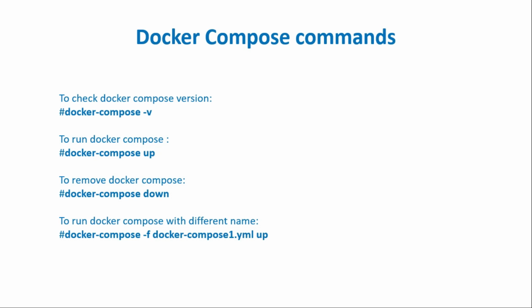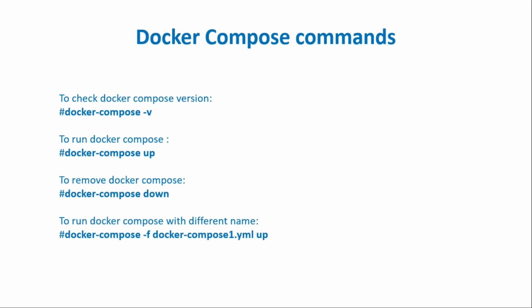How can we do that? We need to run docker-compose -f docker-compose.1.yml up. Here we need to put your Docker Compose file name, then up. The hyphen f is mandatory to specify which file you are going to execute. After that, it will check the current directory to see whether this file exists or not. If this file exists, it will run your code as per its name.